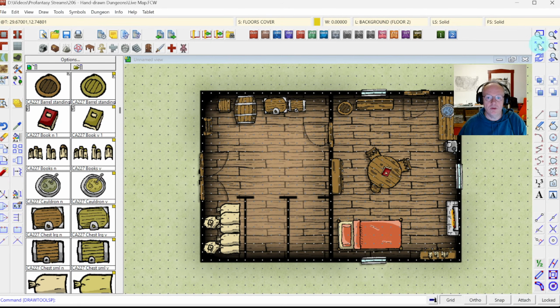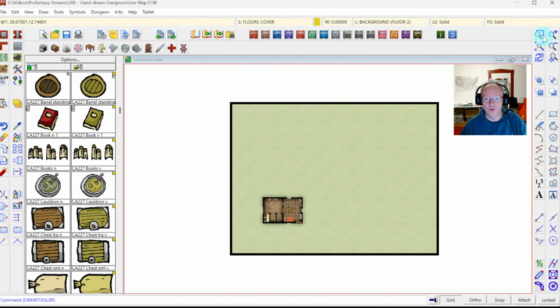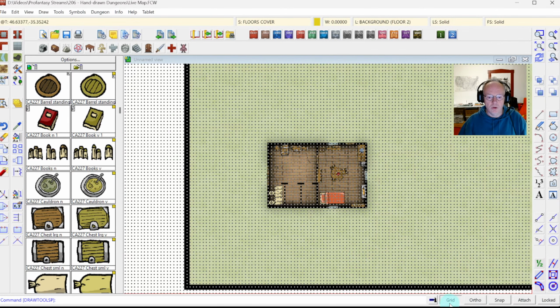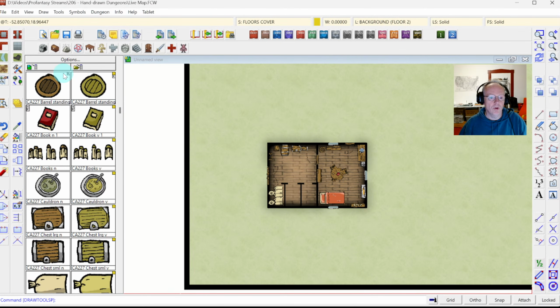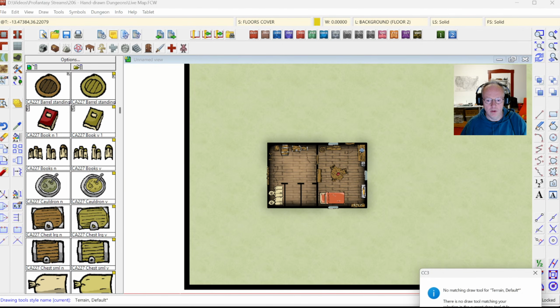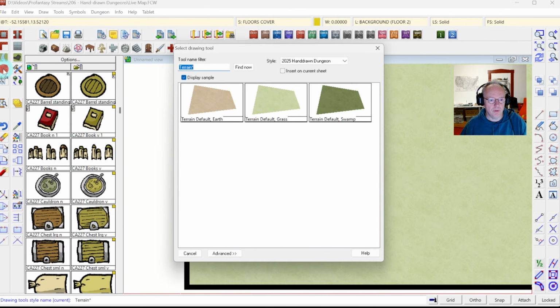All right, so much for that. Now we've got our hut here. I'm going to turn off the grid, and now I want to add a little bit of a check going there, some dirt area around there, and then some woods and bushes and trees. So I'm going to go for our default terrain here, click that. Oh, I don't have any default terrain set up. That's a bit of a mistake. So I've got the